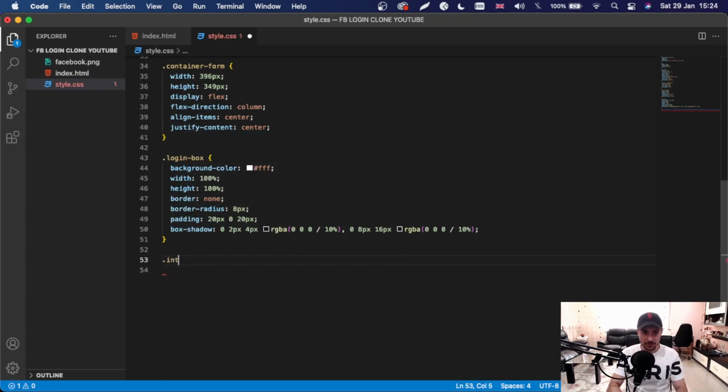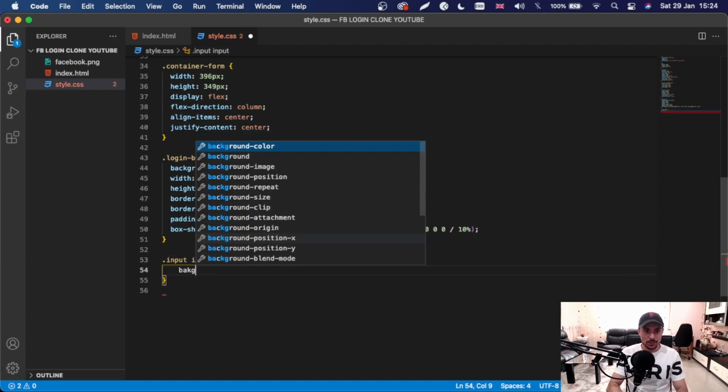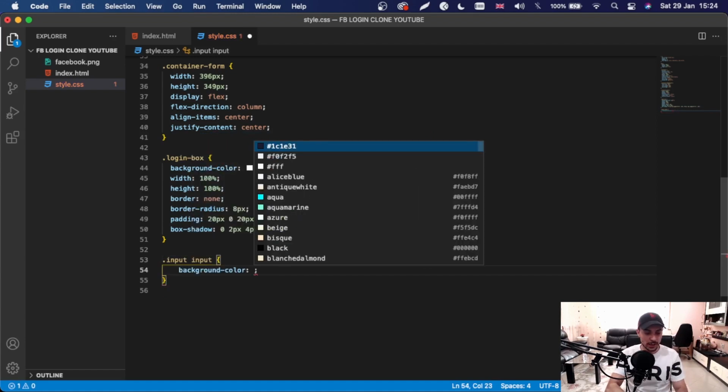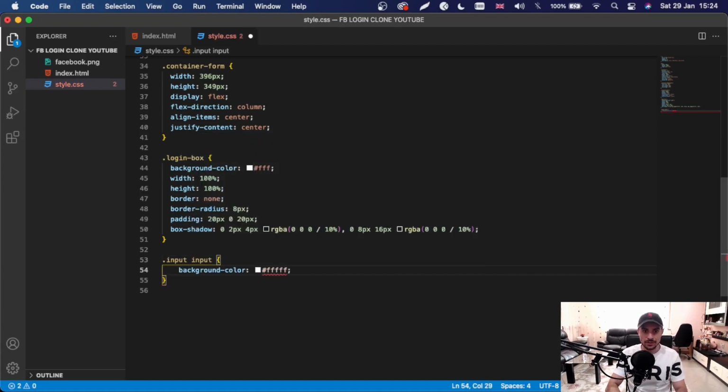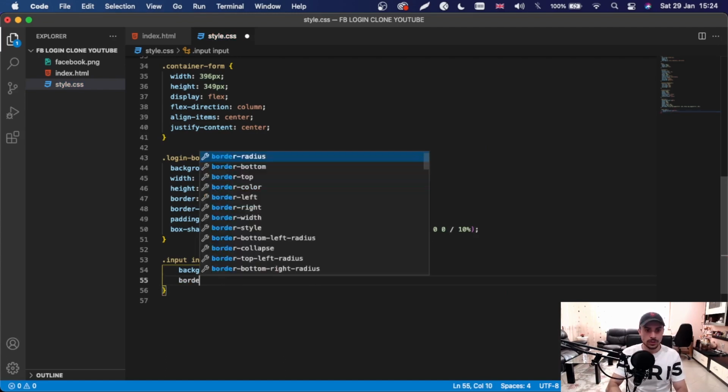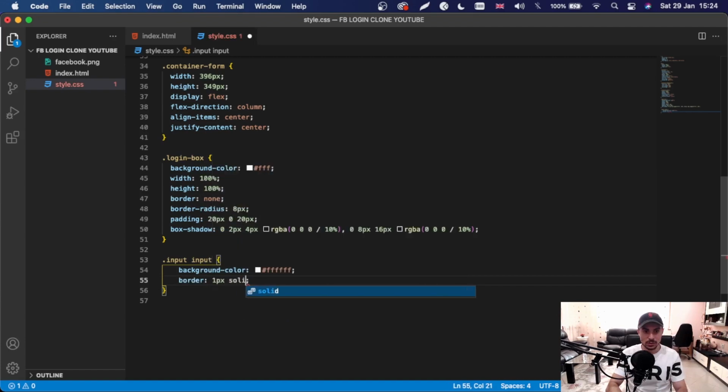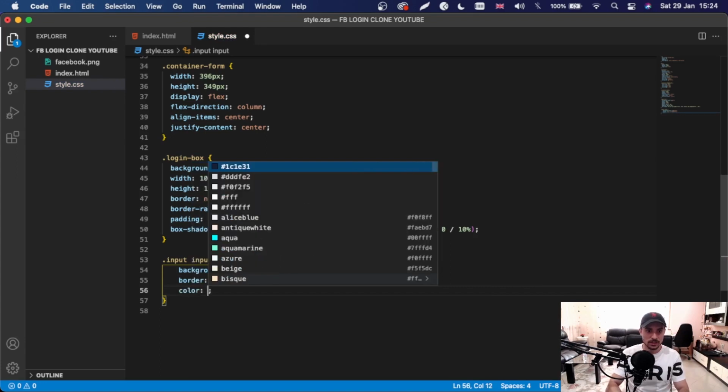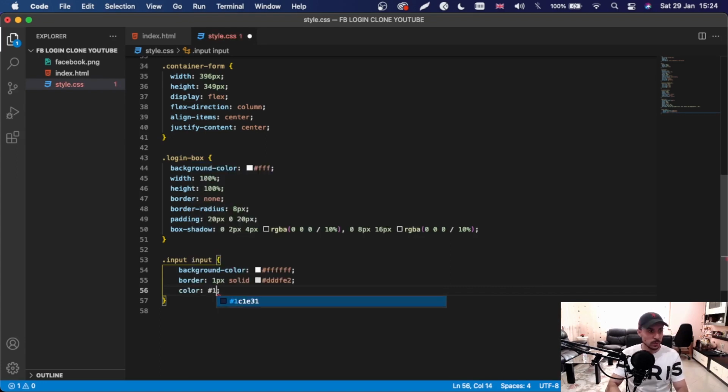So to style each input, we have to say input, and the background color of the input will be white, and border will be 1 pixel solid hexadecimal DDDEE2. Color will be hexadecimal 1D2129,